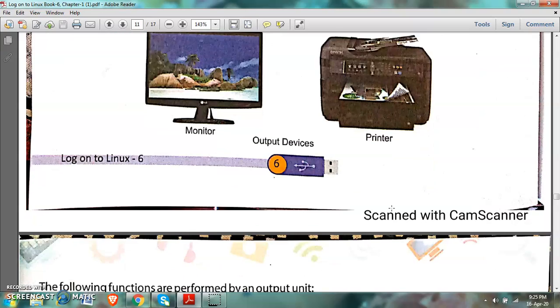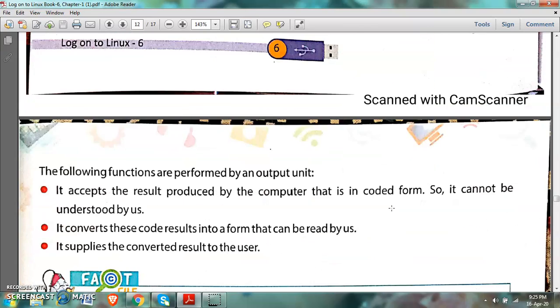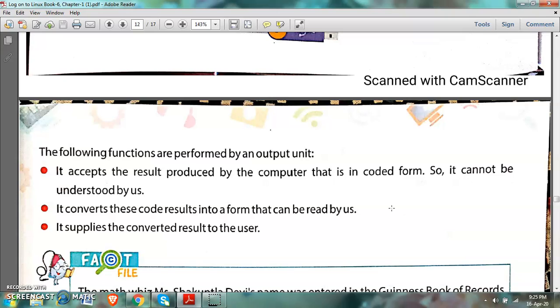So the input unit, output unit and control unit I have told you. Now very important is the function of the output unit. See, look here. It accepts the result produced by the computer that is in coded form, so it cannot be understood by us. So what to do with this result which is not understood by the user?